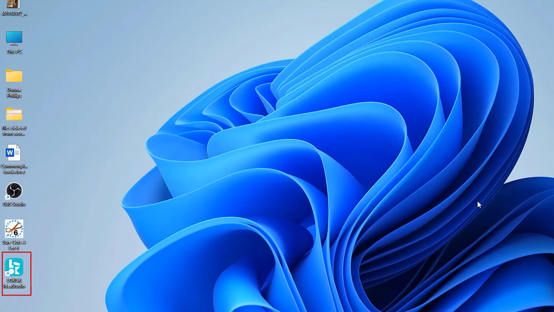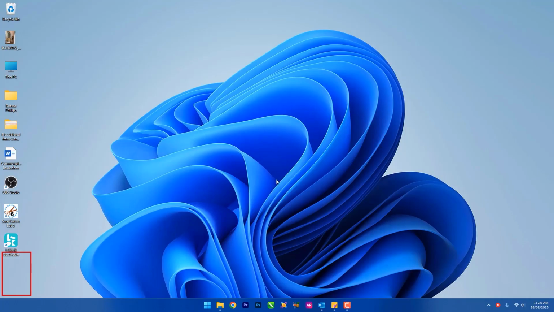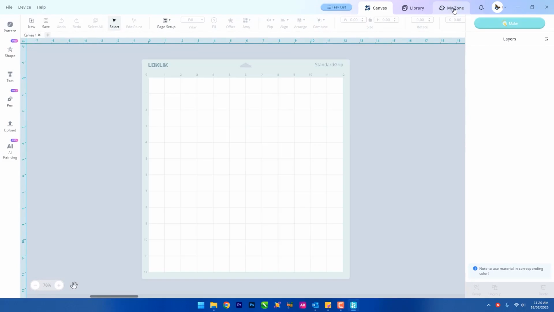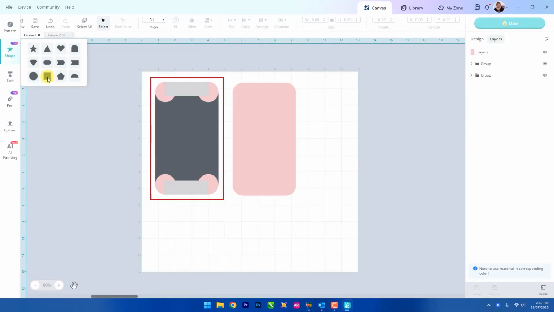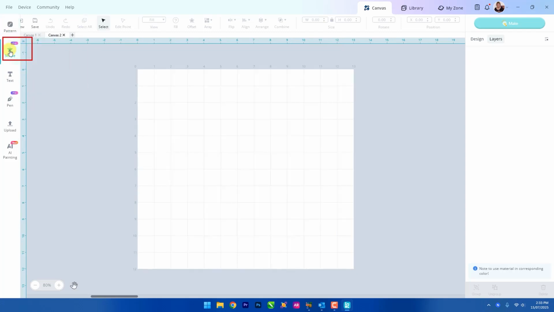To get started, open up the ideaStudio software. I'm using a desktop PC, and this will open up on the canvas. The shape that's missing is a rectangle with round corners, so we're going to use a square and a circle and make our own. So click on the shape tool and then click on the square and it'll jump onto